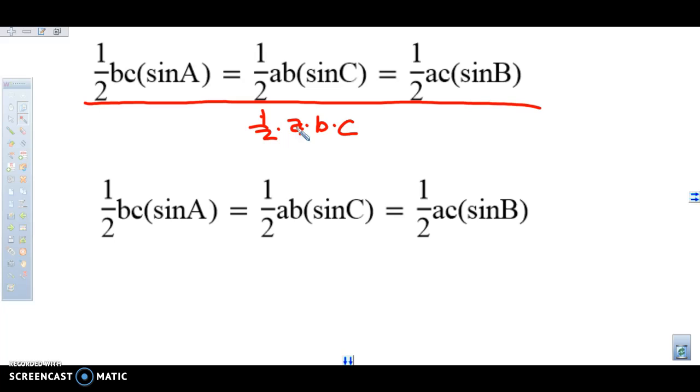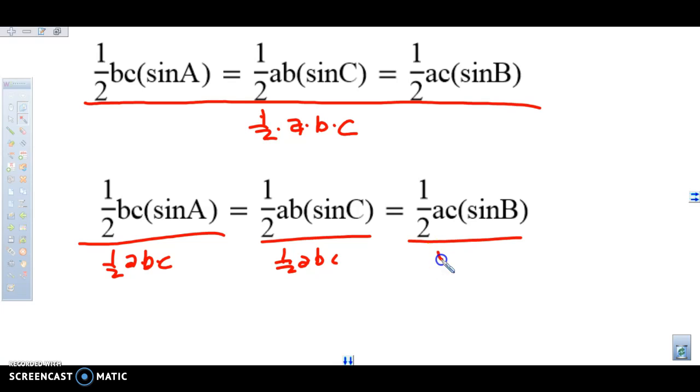Since A, B, and C are all side lengths, they are non-zero numbers. Divide here by 1/2 A, B, C, and divide here by 1/2 A, B, C, and we see that things cancel. The halves cancel, the B's cancel to be 1, the C's cancel, and I'm left with the sine of angle A